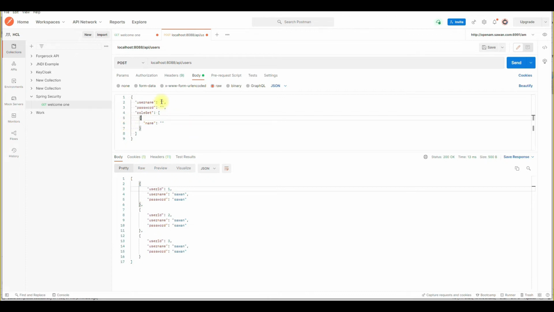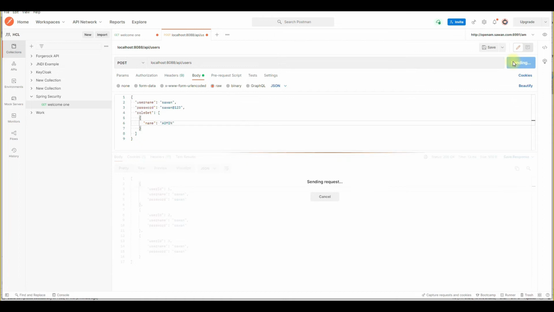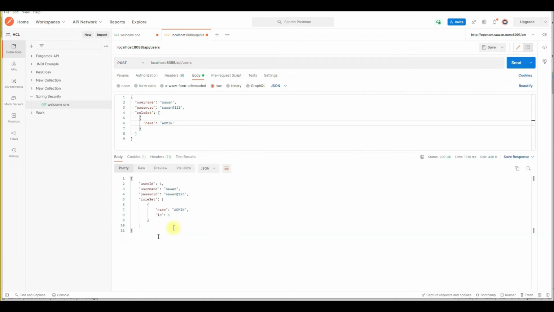Okay, so I will add 7 at 1 2 3. Then I'm providing the admin here, then just send. So it will store, but my password is 7 at 1 2 3.